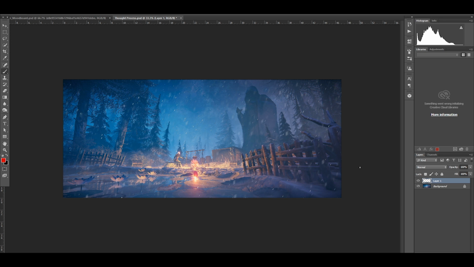If you look at the image, you can see that I have the foreground, the midground, and the background. The foreground is around these parts, which consists of this fence, the lotus and the water. And for the midground, we focus on the person and the bonfire the most. And the background is this vast sky here.